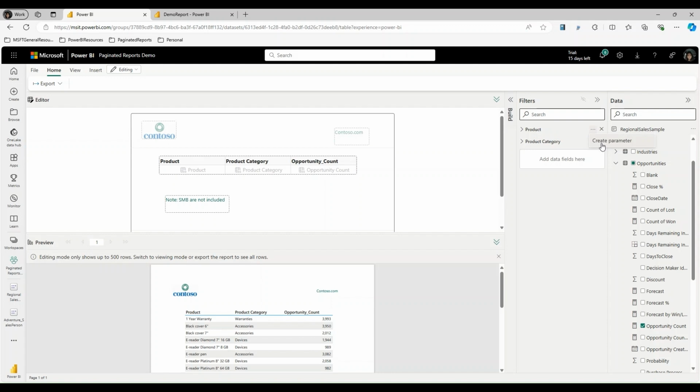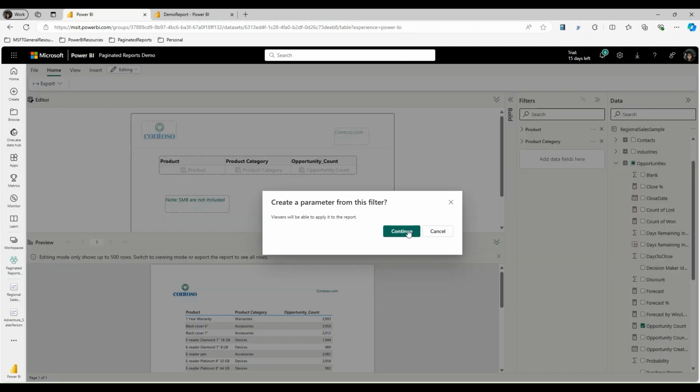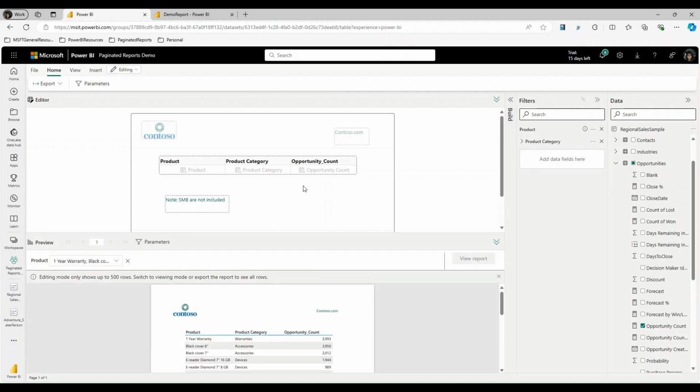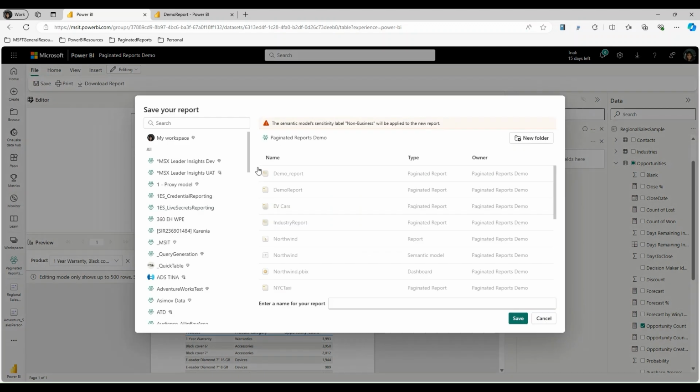Let me do a demo. So I create parameter. So I've gone ahead and created product as a parameter. It's available here. You look at the parameters here. It has all of these values, but I may not be interested in all of these values. And so I'm saving this report to show you what the consumer of this report would see. So let me say demo report 1,